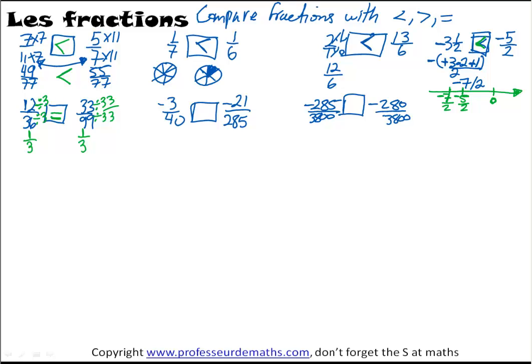So minus 3 over 40 cannot be reduced, unfortunately, but minus 21 over 285 can be reduced by dividing by 3. So if you see that it can be divided by 3, you get minus 7 over 95. And then you can work with this fraction and this fraction instead of working with the two original fractions, and you will get a smaller